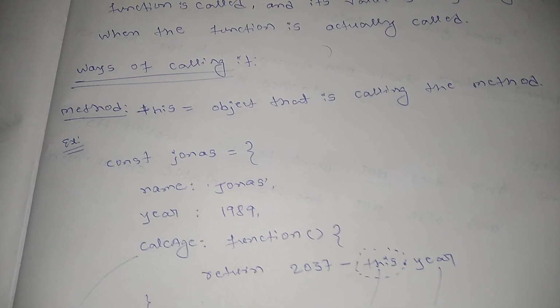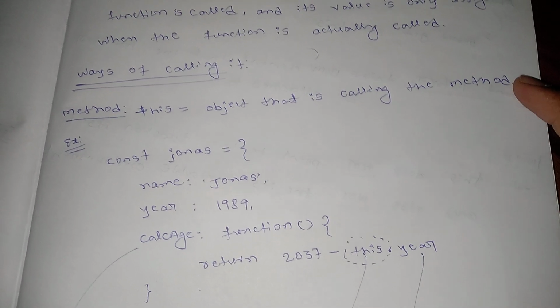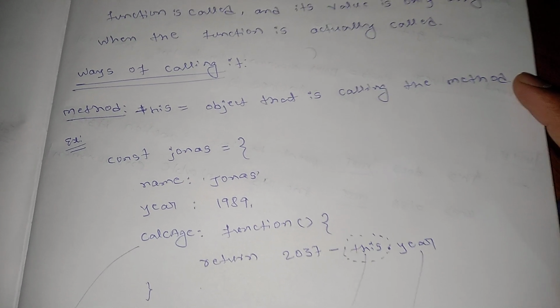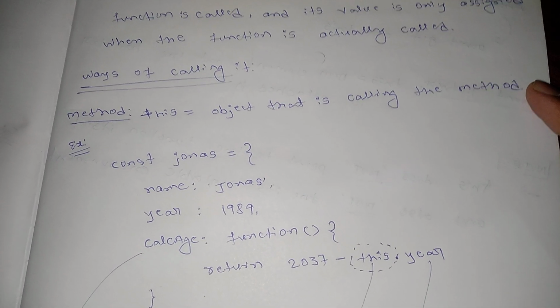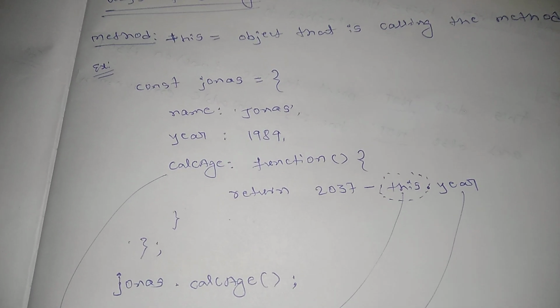So basically the first one is with the help of a method. In terms of a method, the this keyword will be equal to the object that is calling the method, so the value of this is equal to the object which is calling the method. This example shows you clearly. So first of all